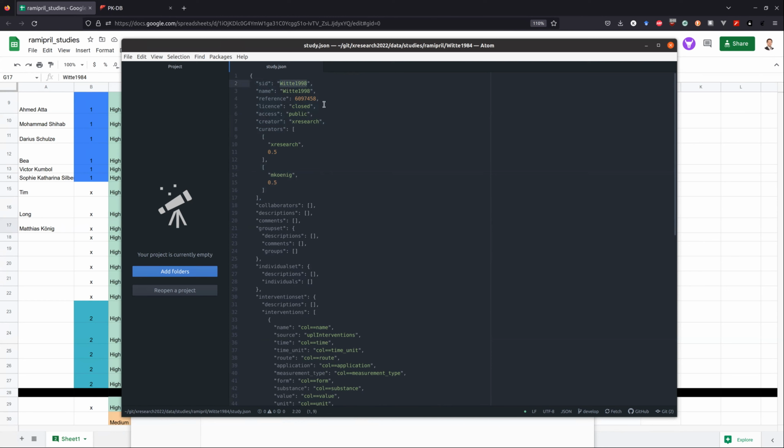Basically, everywhere where you see, okay, that's already wrong. Where you see Witte 1984, you should write the ID of your study, and the ID of your study is the folder name where the study is in, and the name of the PDF. Otherwise, you would